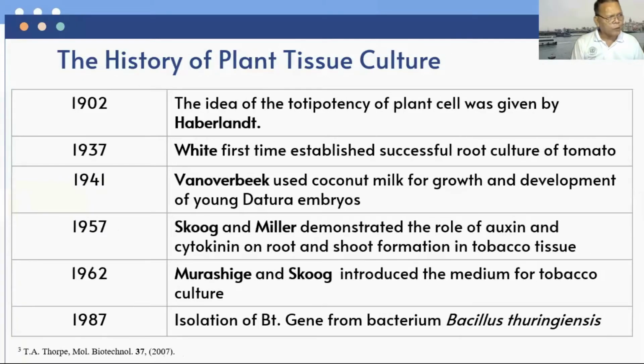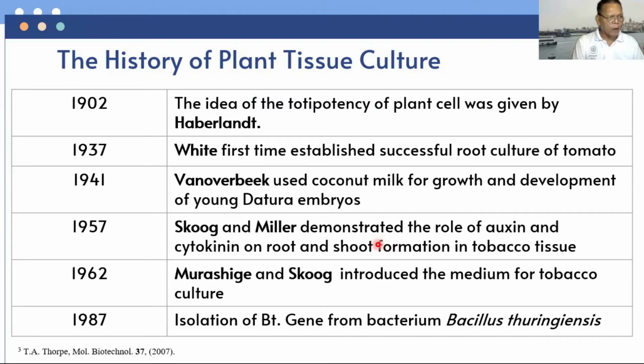Now let's see the history of plant tissue culture. The first one, in 1902, the idea of totipotency of plant cells was introduced by Haberlandt. In